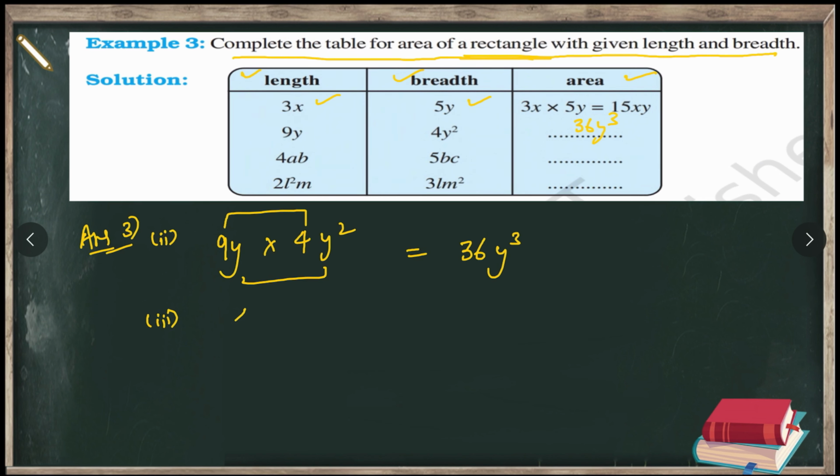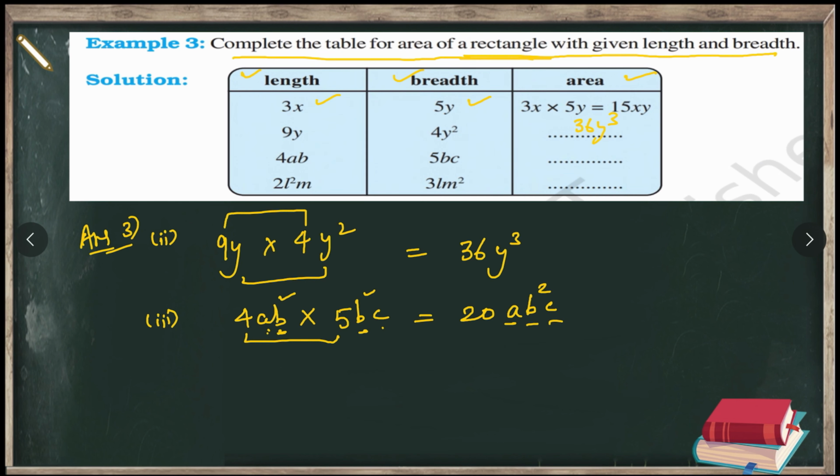We have 4ab multiplied by 5bc. Again, we first multiply the number by the number, that is 4 into 5 gives us 20. Then we have ab multiplied by bc. We have b here and here also, so we'll get the square of b, that is, a into b square into c. So in the result, this a will be written as it is, this b multiplied by b gives us b square, and since we don't have a c term in the first one, c into 1 gives us only c.